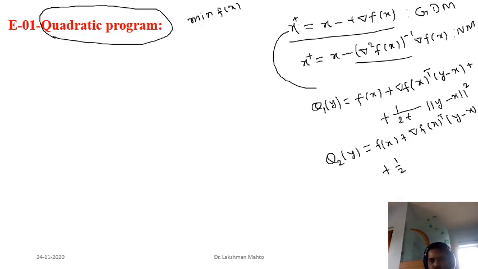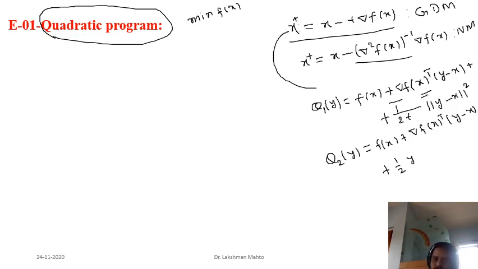Directly you can say that it is Taylor's second order approximation. This one is one kind of first order approximation. This one is a second order approximation. But a quadratic term is also coming here, so this approximation is a little bit different. This one is also a quadratic approximation. Now we are getting a quadratic approximation directly from where?